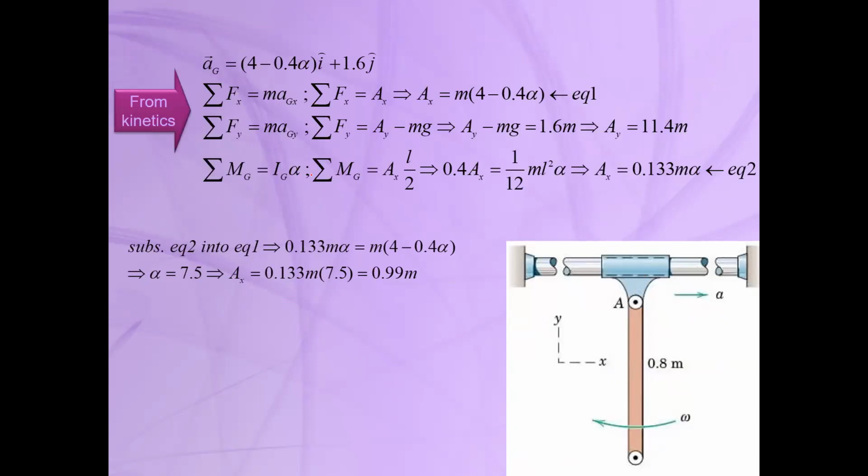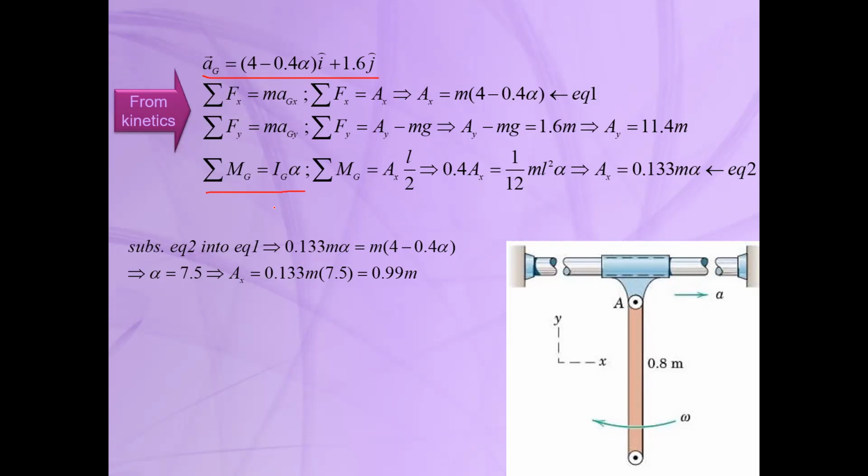So from the kinematics, we obtain the acceleration of the mass center of the bar in terms of the acceleration of point A, and we obtained this term for the acceleration of the bar. Okay, so the next step, we can use the kinetics equation. In the kinetics, we can write the force equation and also the moment equation about any other point. So we write the force equation in x and y direction, and we write the moment equation about the mass